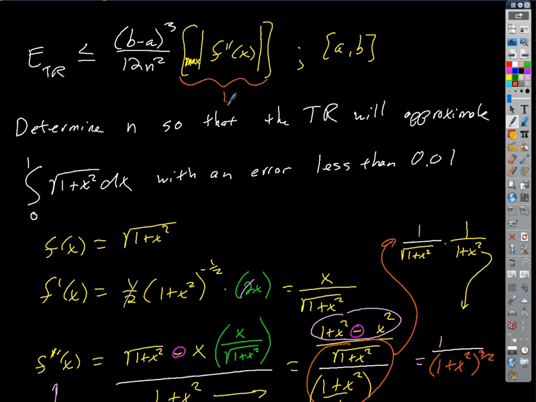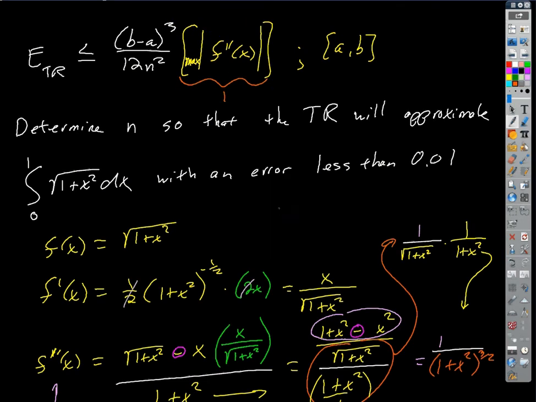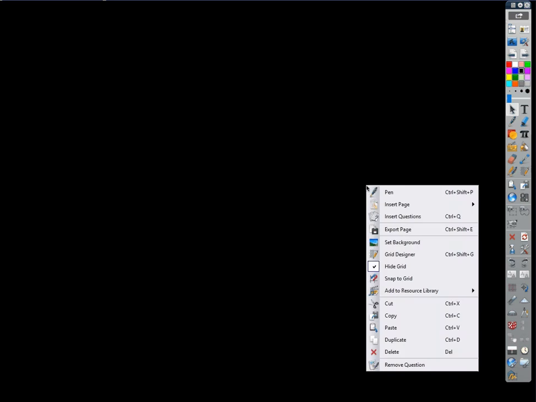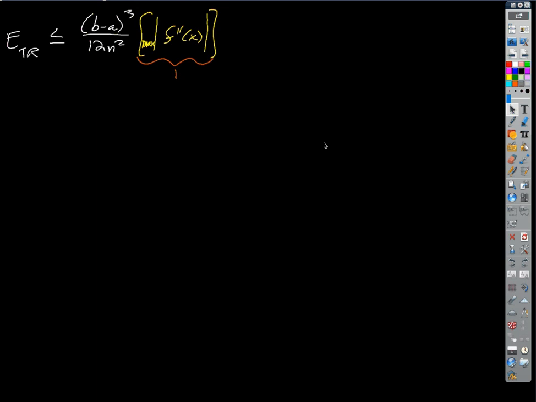And so then the equation we get, if we just go to the next page, is just this. So we know that (b minus a) cubed over 12n squared times 1